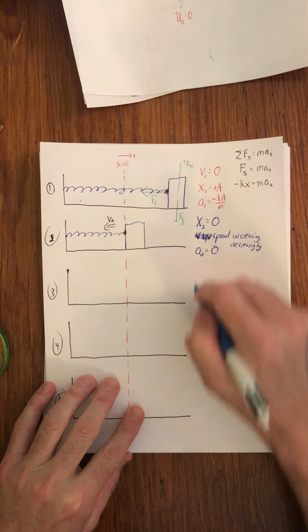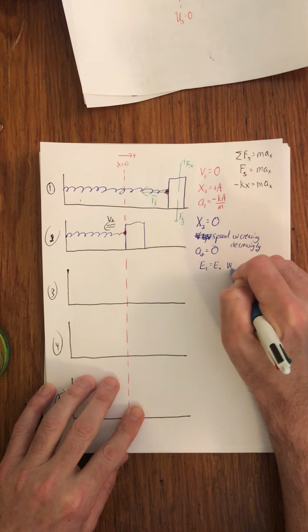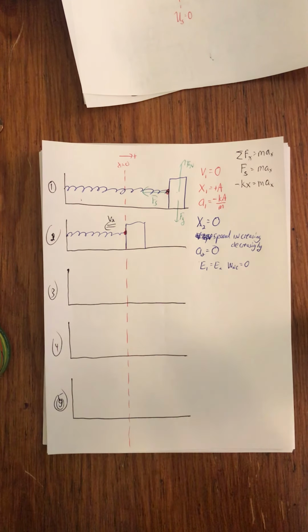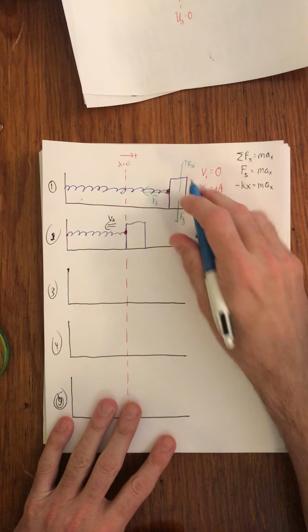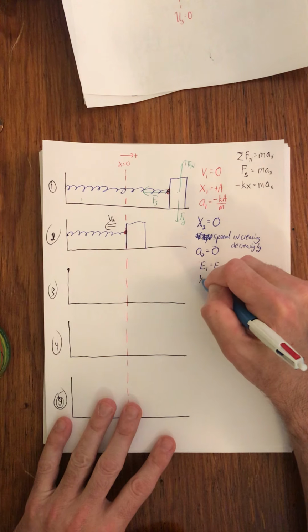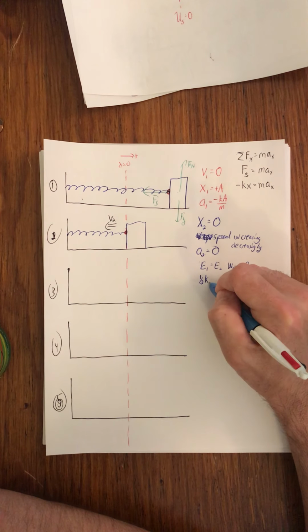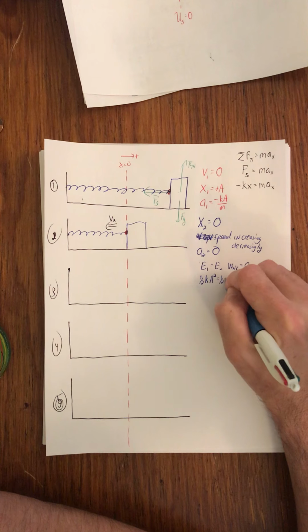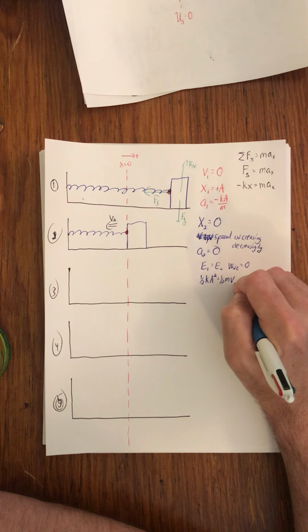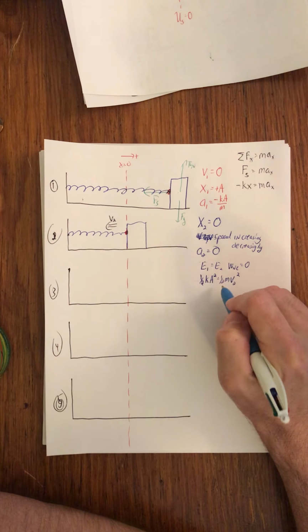So here we go. The energy at position 1 is equal to the energy at position 2, because the work non-conservative is equal to 0, right? There's no friction, and the spring force is conservative. So what form of energy do I have here? I have spring potential energy. So I have 1/2 k x squared. And the x at position 1 is a. So 1/2 k a squared is equal to 1/2 m v at position 2 squared. So we can see the halves go away,